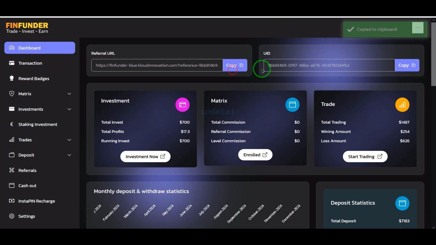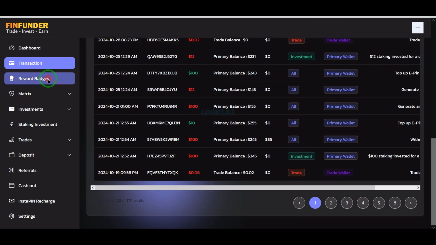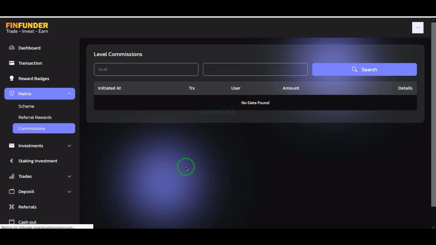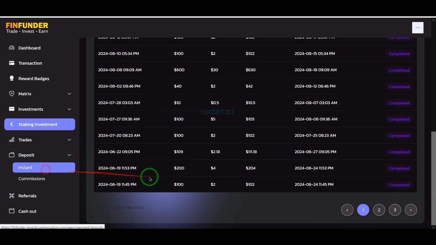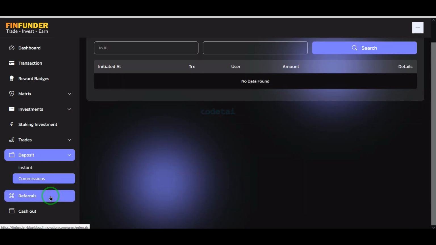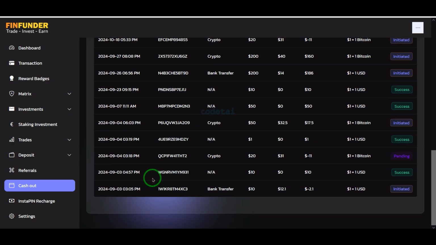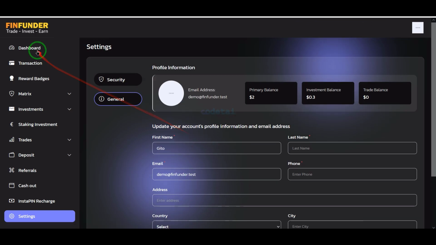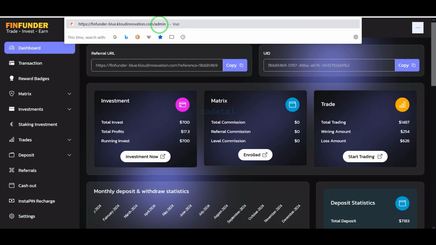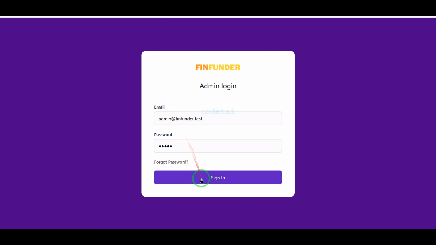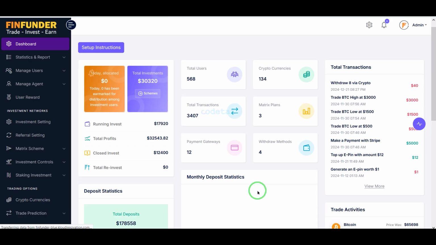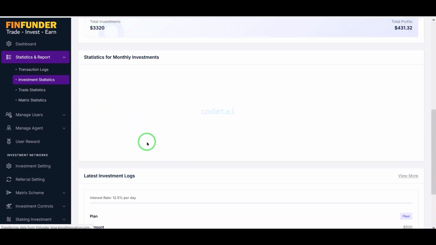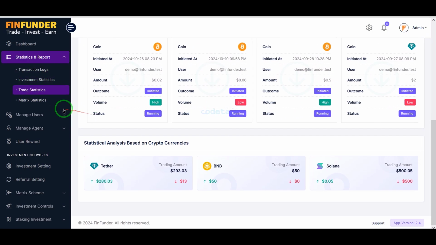Users get many more functionalities in their account dashboard panel, which is enough for an investment website, so we can see that if we create an investment website using this source code, then this investment website will definitely be professional. We are getting the most powerful admin panel to manage this investment website. Using this admin panel, we can easily manage all the features and functionalities of the investment website.